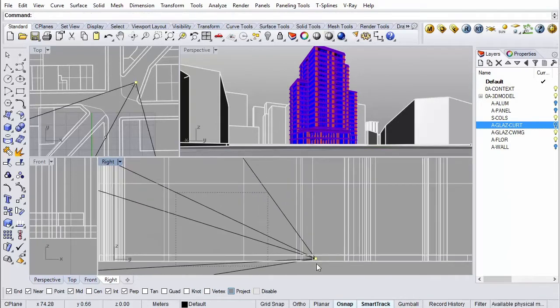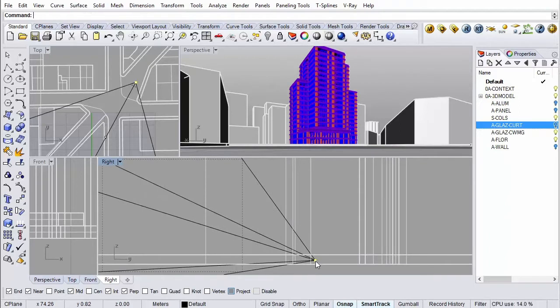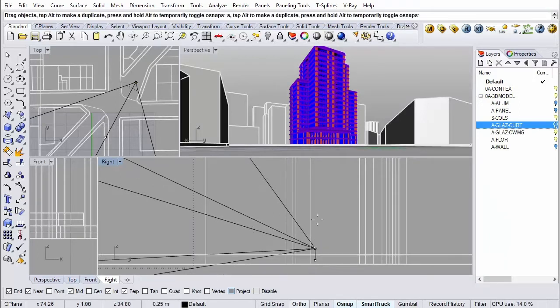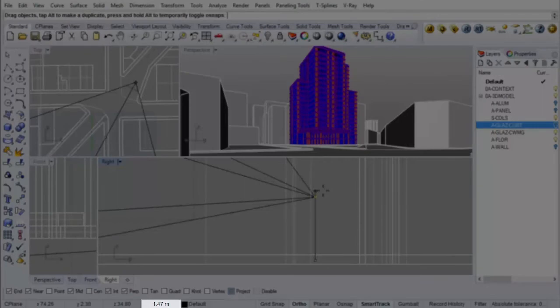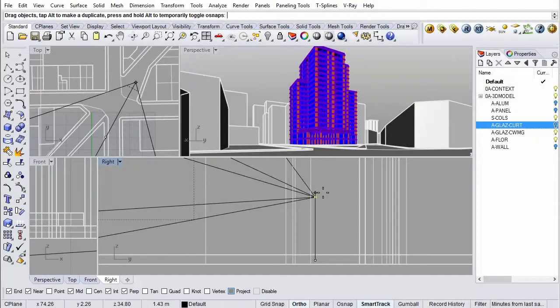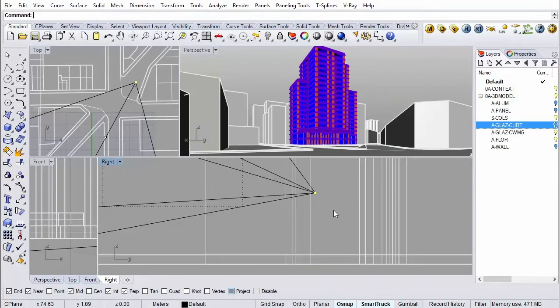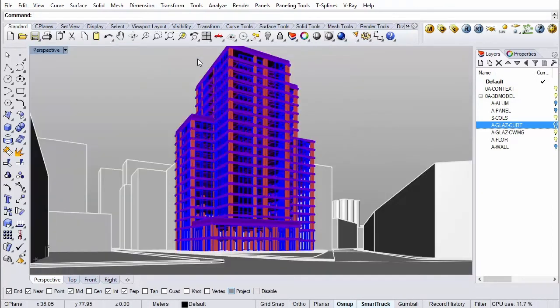And then move this up to about 1.60 meters is useful. So you can actually see, in the bottom left, the height at which it's at. Okay, so now, if we go back to our perspective, then we've got this sorted out at eye level.